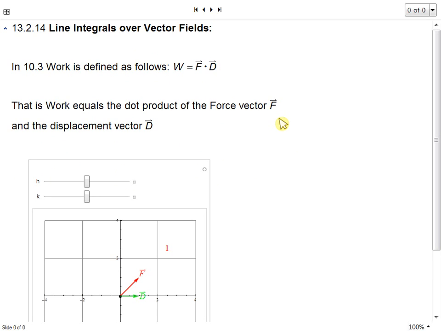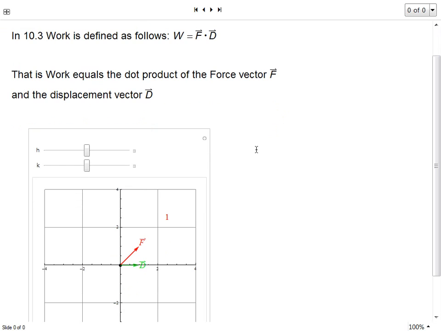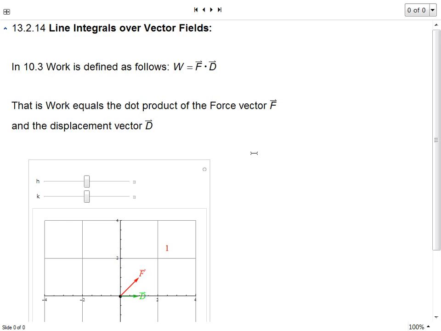Now, what was a vector field? We said that a vector field is like at every point in the space, there's a vector associated to that point, right? We did this in 13.1. You could say in two-dimensional space you have a vector at every point. You could say in three-dimensional space you have a vector at every point. Now what we're going to do is a line integral along a vector field, or over a vector field. So watch, before we get to that, let's talk a little bit about something we talked about in chapter